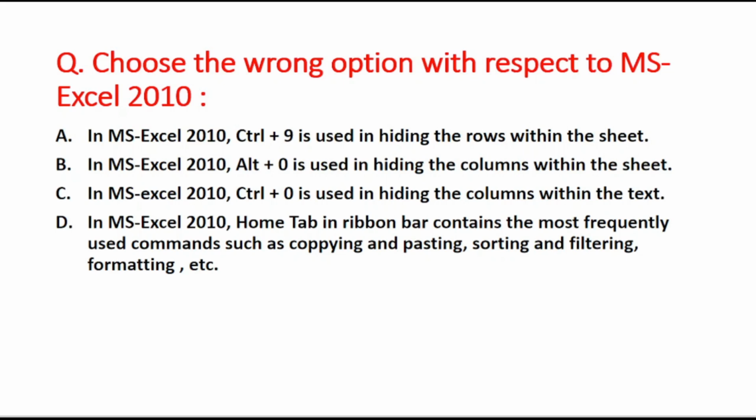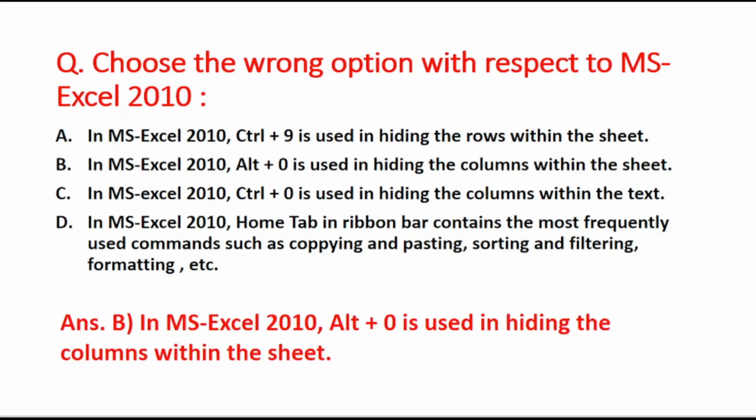Okay, so the incorrect statement is the option B, that is to hide a column. जो शॉर्टकट की यूज होती है वो होती है कंट्रोल प्लस 0. ओके, सो हमने प्रीवियस भी इसको किया, सो दैट्स वाई बाकी मीनिंग है वो ठीक है विद रिस्पेक्ट टू MS Excel. Next question is